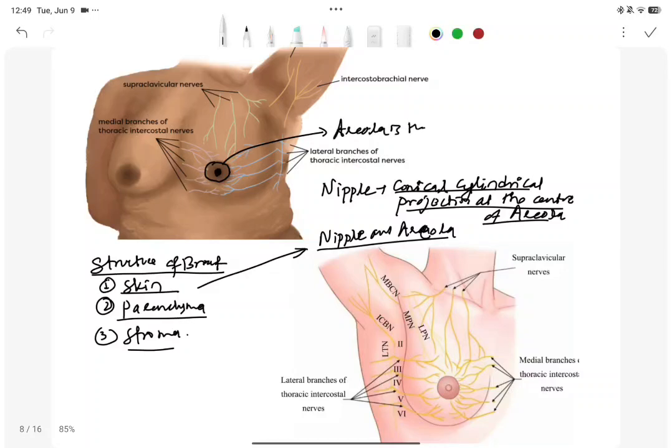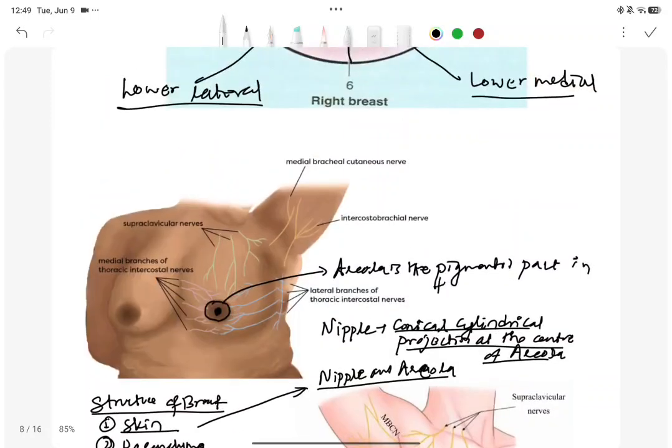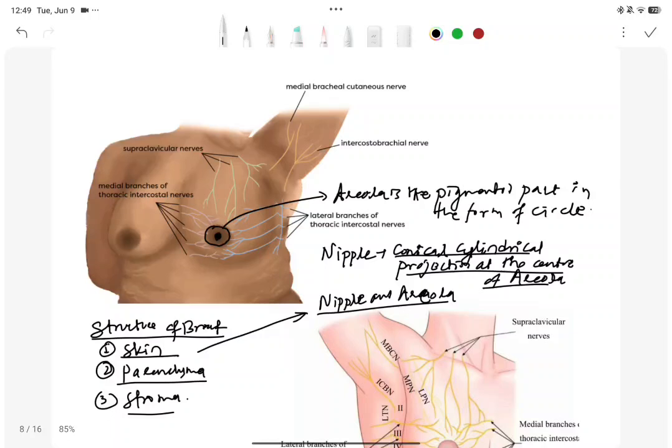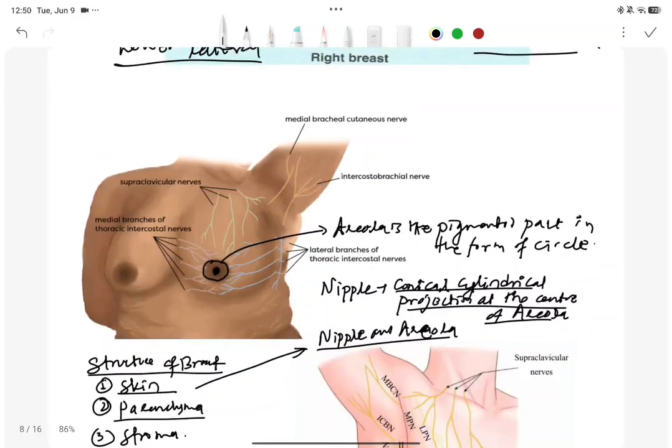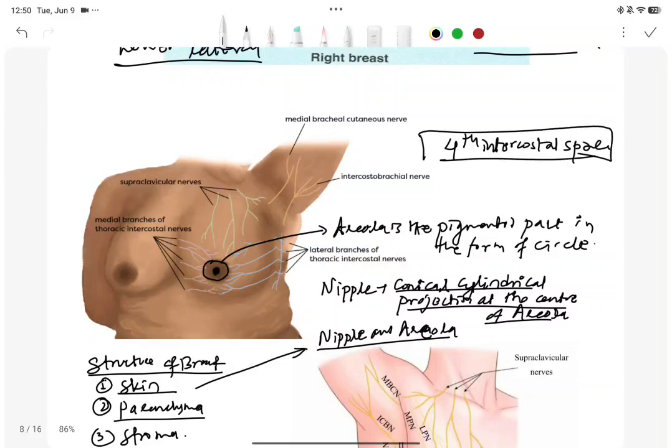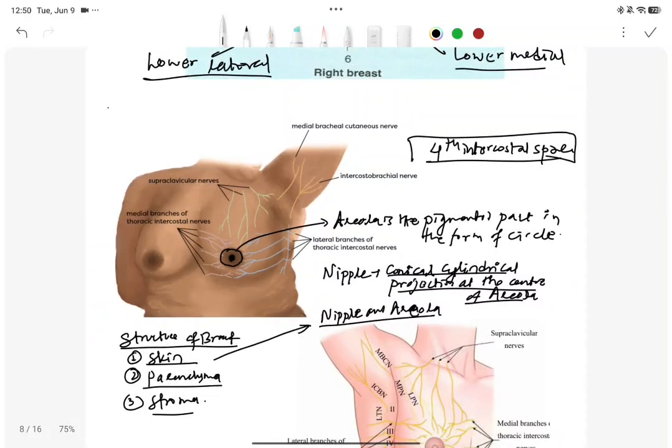Areola is the pigmented part in the form of a circle. This is the pigmented part known as the areola. So the nipple lies in the fourth intercostal space, at the level of the fourth intercostal space. And the nipple is perforated by